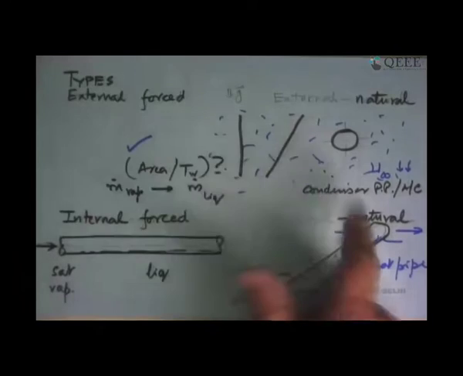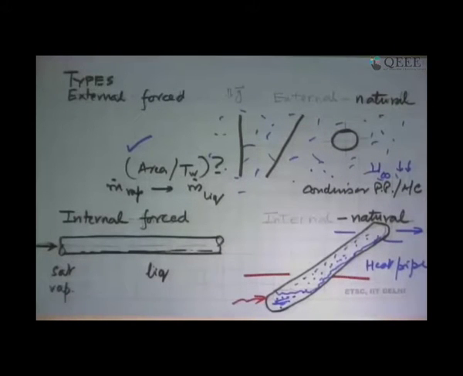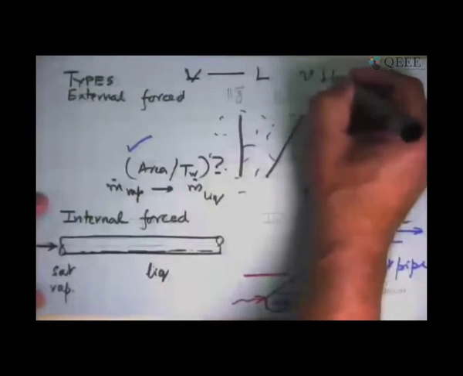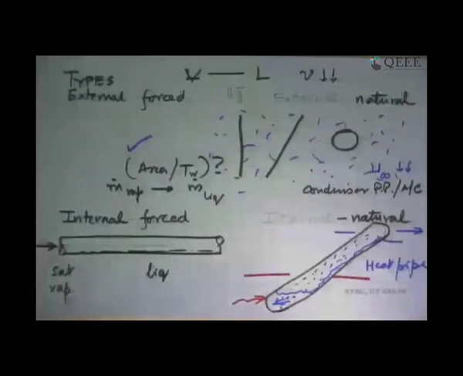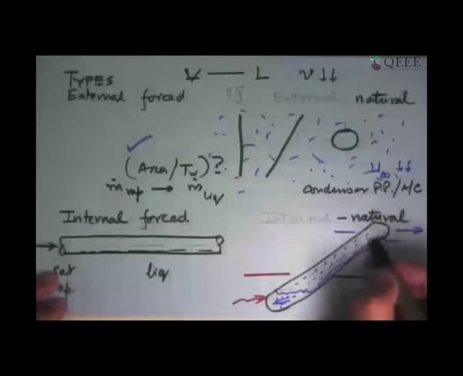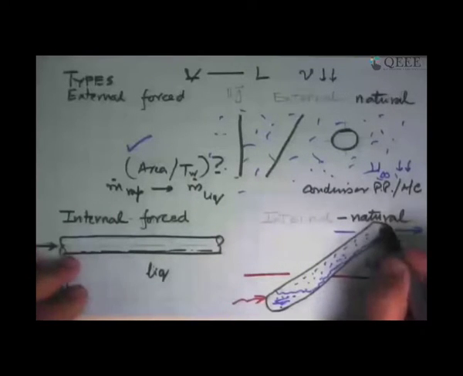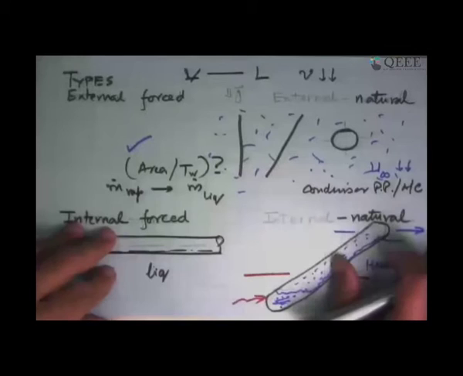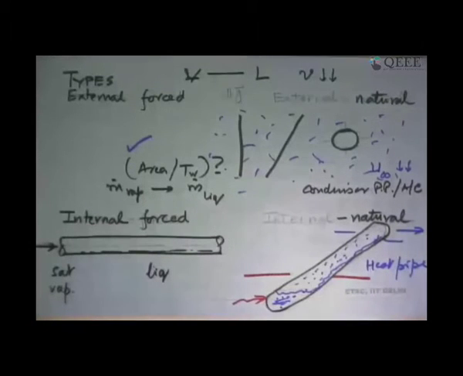Now, one of the features about this, like boiling, was that when condensation happens, as a substance goes from vapor to liquid phase, there is a huge decrease in specific volume, a 1000-fold decrease. So what we are seeing in an application like this is that every time a certain amount of vapor condenses, it creates a sort of partial low pressure area, and that drives the flow quite a bit. So this is one of the mechanisms that comes in when we look at the analysis of this. So these are the different types of convection that we encounter and some of the applications where we see them.